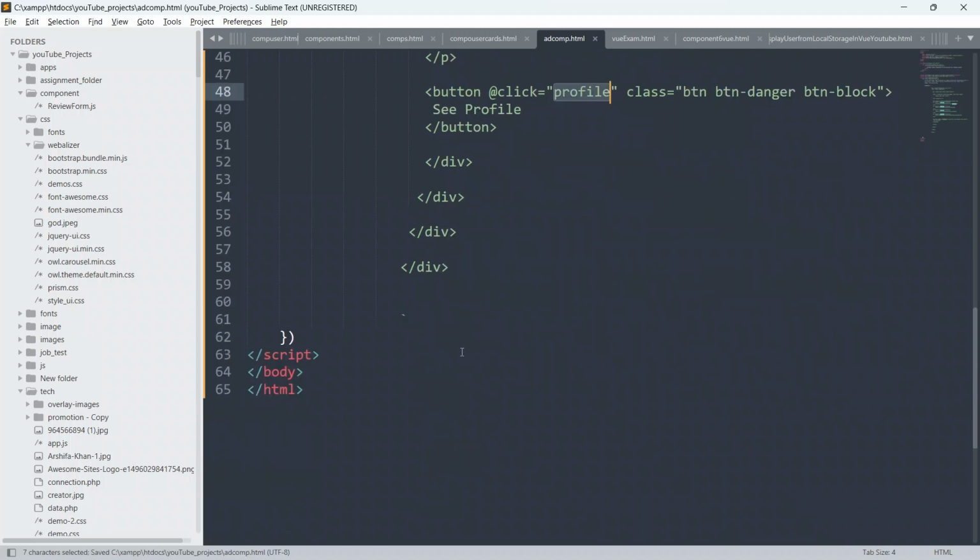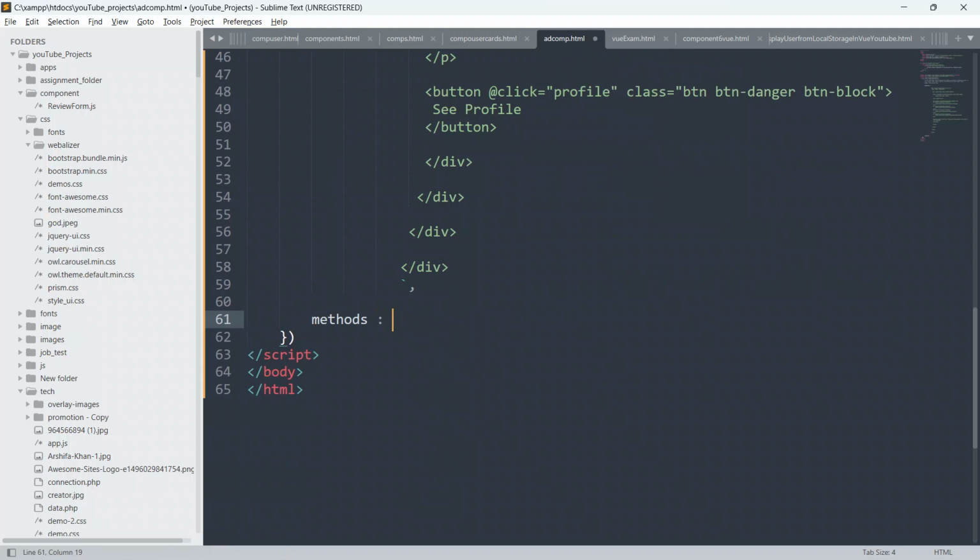So now below this we have to create our methods also. So put comma. As you all know, inside Vue.js, methods is a collection of functions or a collection of objects of functions, where you can define multiple custom functions as well as predefined functions.